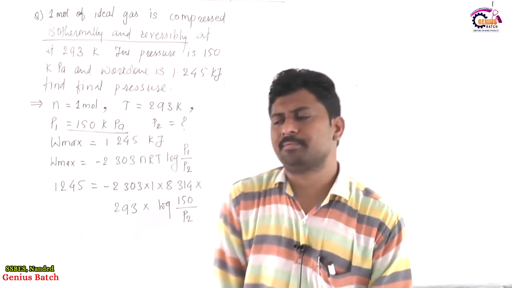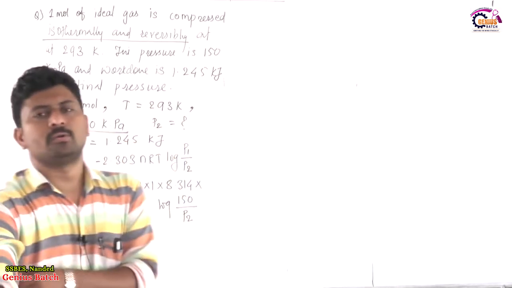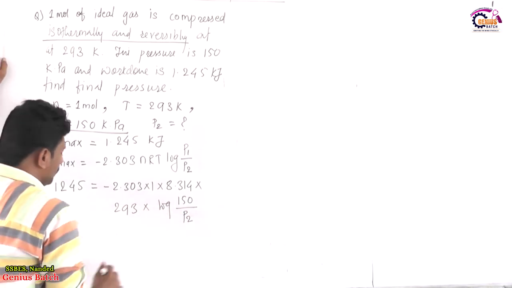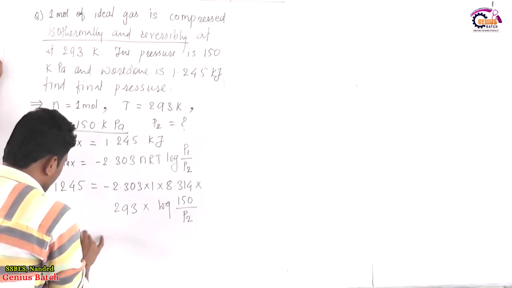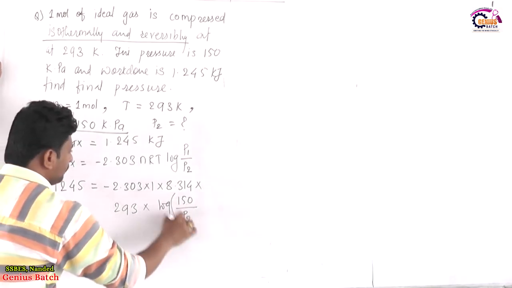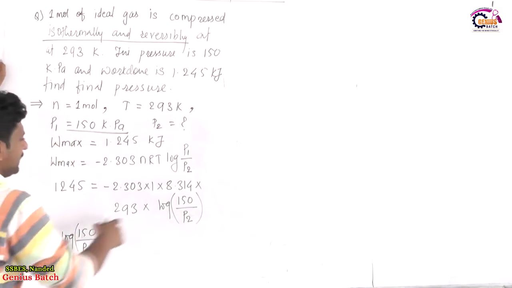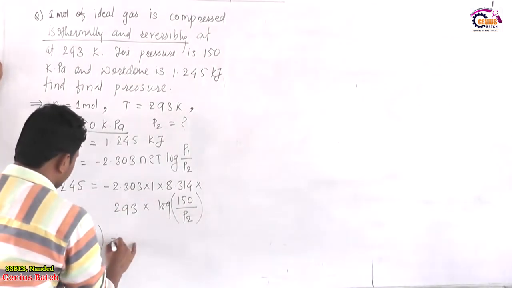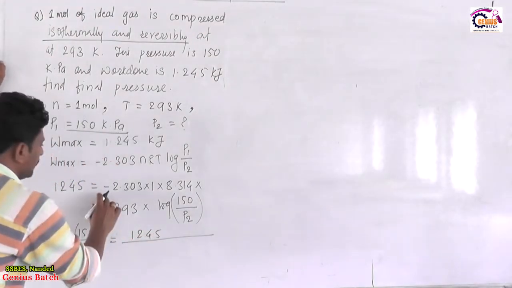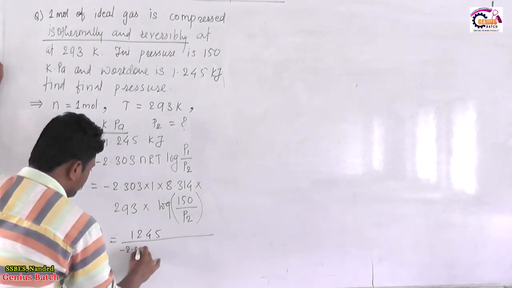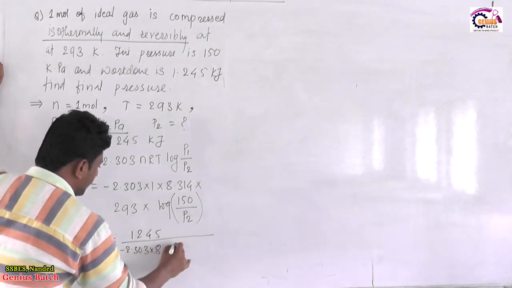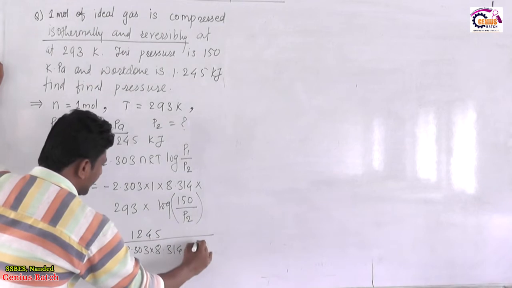तर ह्या केसमध्ये आपण रेफर करू कॅल्क्युलेटेड व्हॅल्यूज काय आहे, फक्त थोडंसं रिअरेंजमेंटवर लक्ष द्या. तर आपल्याला फाइंड आउट करायचं लॉग P2 लॉग ऑफ 150 डिवायडेड बाय P2 साठी कॅल्क्युलेशन घ्यायचं आहे, कारण P2 आपण फाइंड करणार आहे. तर एंटायर जे टर्म्स आहेत हे ह्याच्या डिनॉमिनेटरला येतील. सो 1245 divided by this minus 2.303 into 1 into 8.314, simply 8.314 into 293.